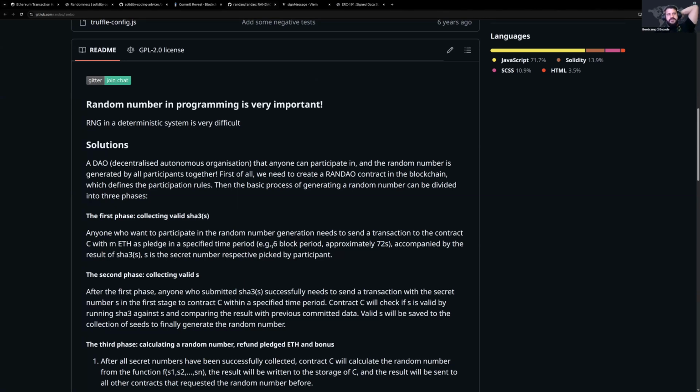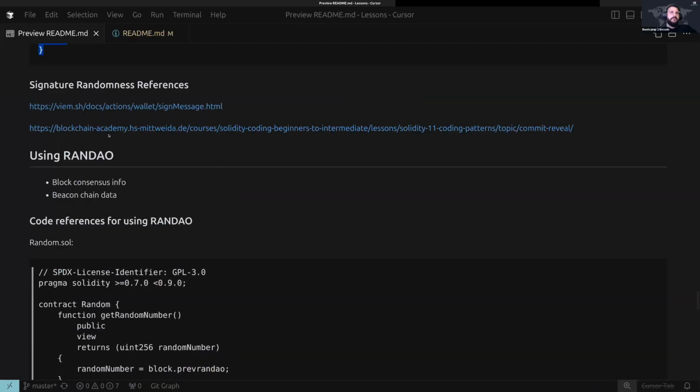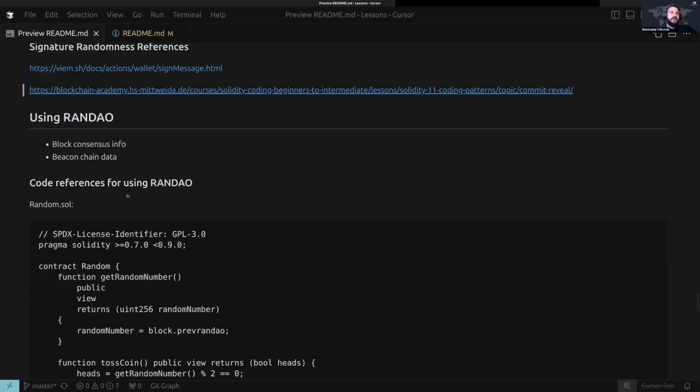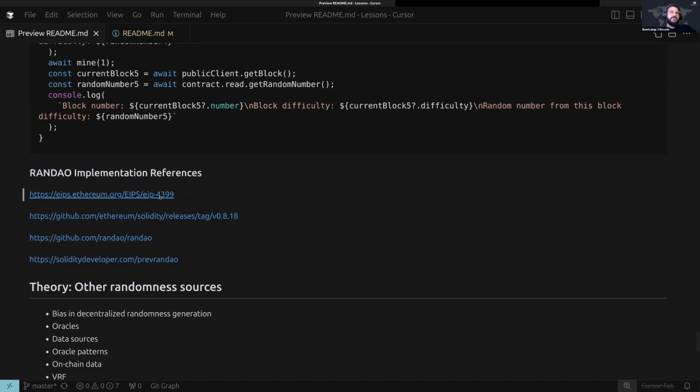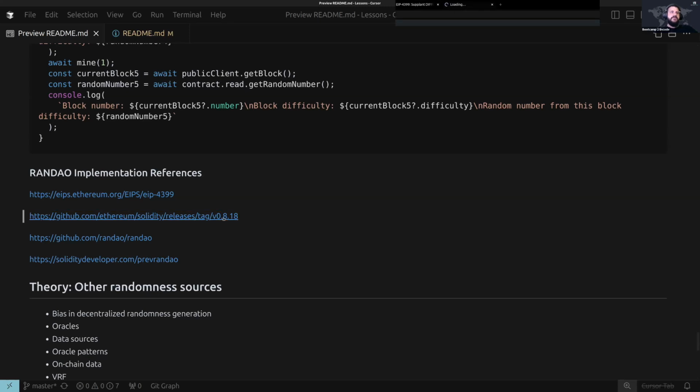So each of those members participating in this contribution for the random number would give a little information, a little bias. They would nudge the random number in a different direction. This at the end would give us a single number. We pick the reference link. Since the EIP 4399, that is version 0.18, we have, let me go for it again,